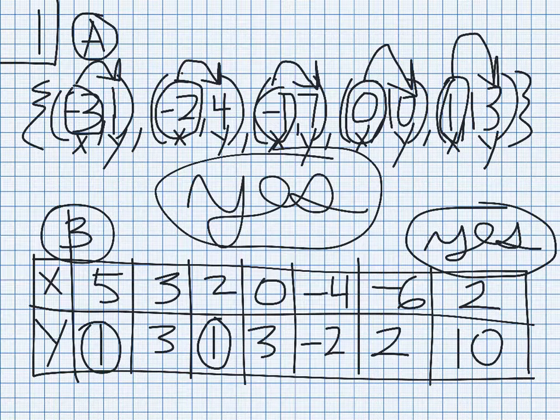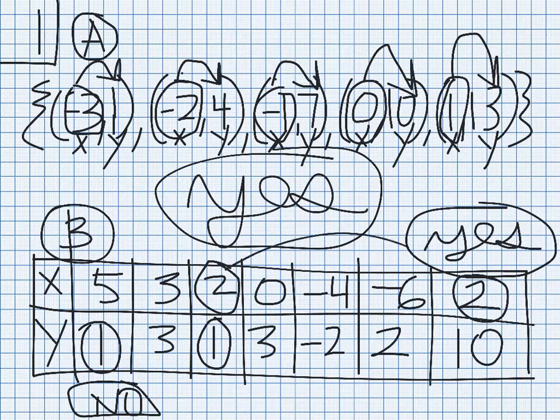So let's say we came into part B and this was the example. They actually had a 2, 10 at the end. In this situation, that would be a no. This is not a functioning relationship because we've found this husband 2 is repeated twice, but the husband has 1 as a wife and 10 as a wife, and that's not allowed. So if we added that extra point, it is not a function. Now, if that 2 had another 1 again, and this wasn't a 10, it was 2, 1, and 2, 1, that